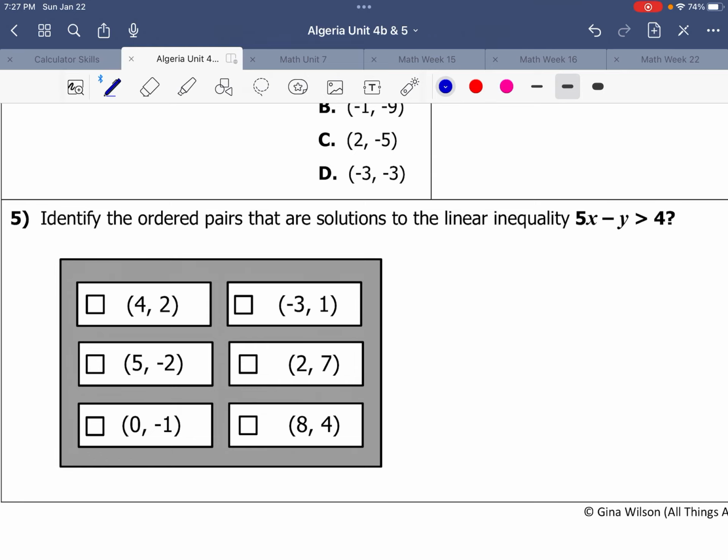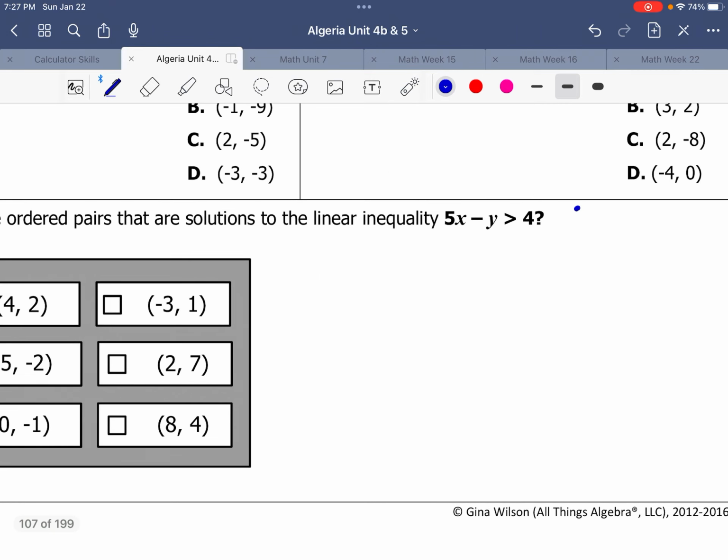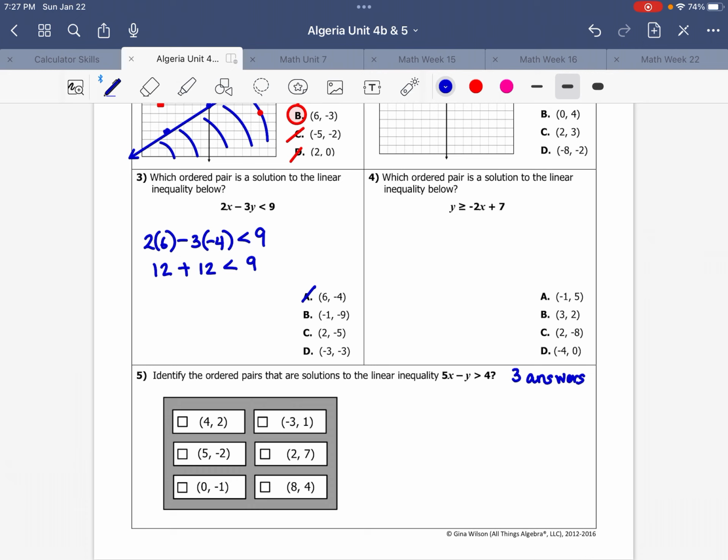I'll give you a hint. 3 of them are correct. There are 3 correct answers on number 5. So just check mark the ones that are correct. Okay? And then on the back,